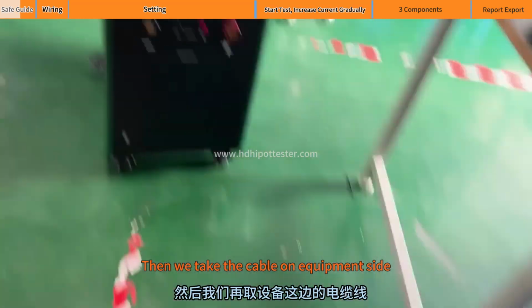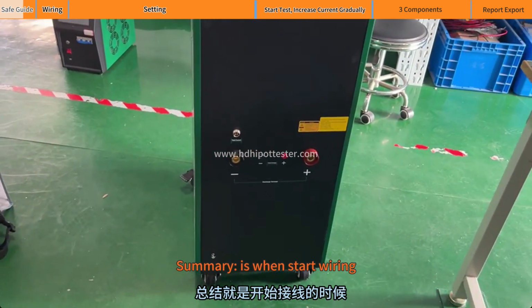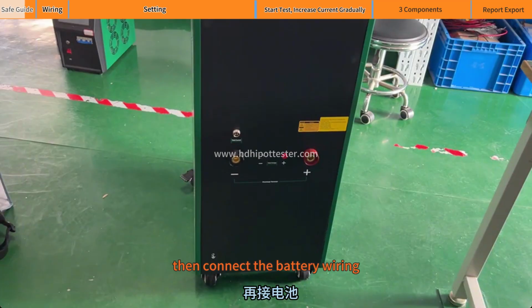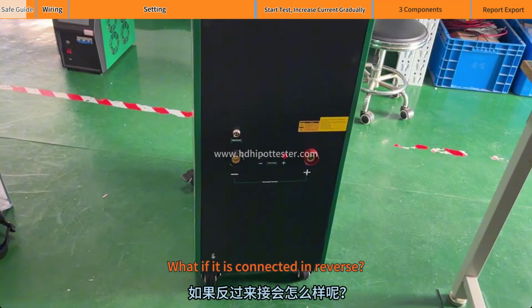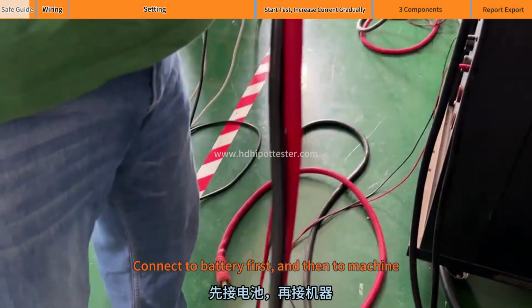Then we take off the cable on the equipment side. This is a safe operation. To summarize, when starting wiring, connect the machine first, then connect the battery wiring. What if it is connected in reverse? If it is connected in reverse, connecting to the battery first and then to the machine,